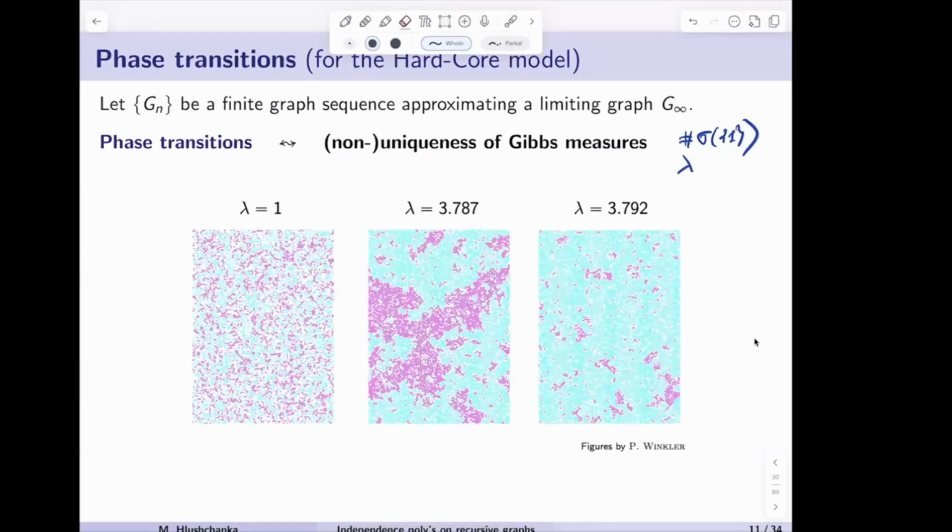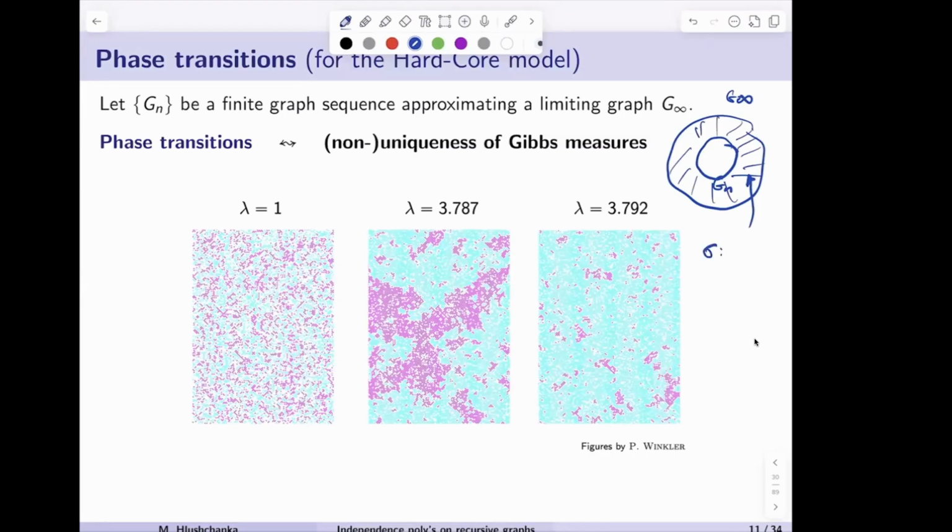phase transition as non-uniqueness of Gibbs measures. So basically, okay, let me give you a little bit more detail. Suppose that I have some infinite graph G infinity, and you have, let's say, some finite approximation Gn of this graph, okay? What you can do is look at an assignment of spins outside Gn. So you look at some assignment sigma on the vertices of G infinity outside